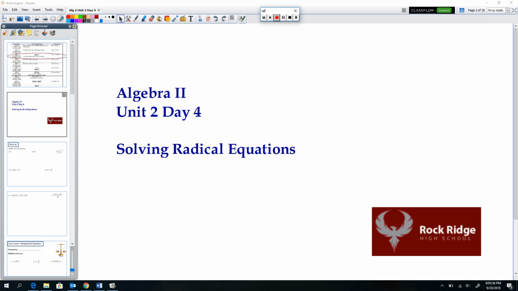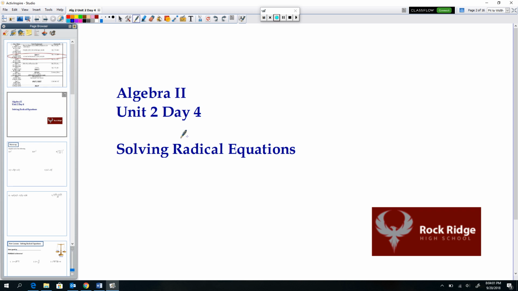Today we are going to cover the lesson on solving radical equations. Because I have noticed that a lot of folks could use some extra time with the simplifying, the adding, the subtracting, the multiplying, and the dividing, I am going to go ahead and record solutioning the warm-up for today as well. So if you have already understood the warm-up, you can fast forward through this lesson to the solving part. But I'm going to walk through the warm-up and then we will start on solving radical